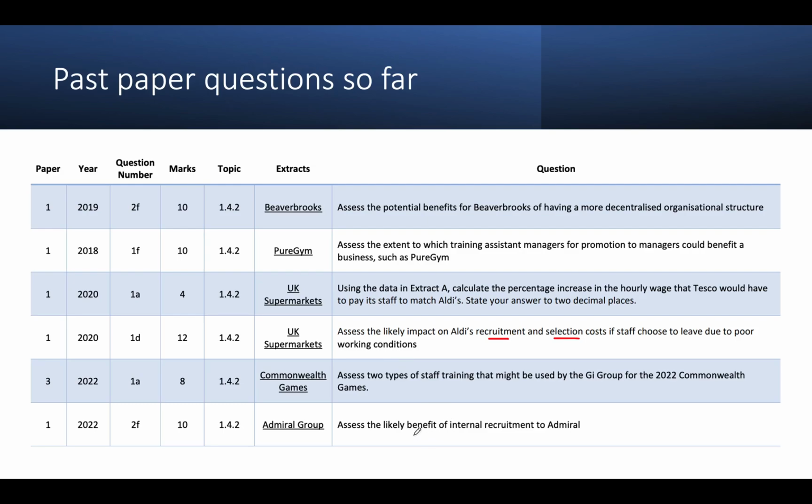Okay, and then we've got the likely benefits of internal recruitment to Admiral. The downside is it ain't external. Quite easy to structure those questions. All of these we would answer obviously in context, and we would look for the aims and objectives of the organisation. Okay, all of them will acknowledge that it's really expensive to find new staff, it's expensive to train them,